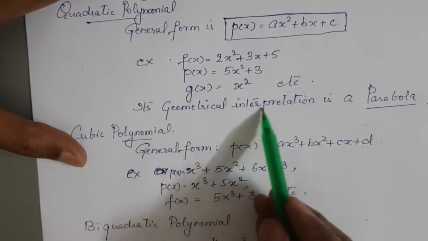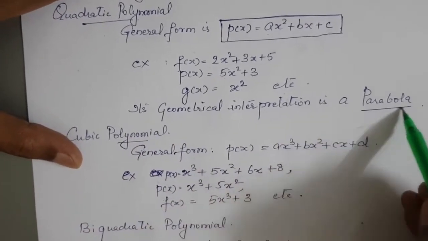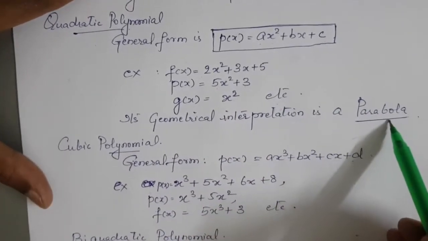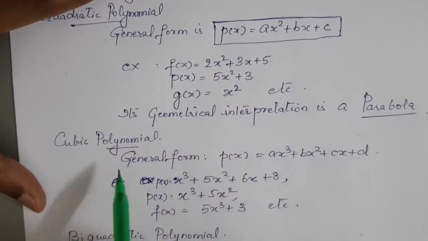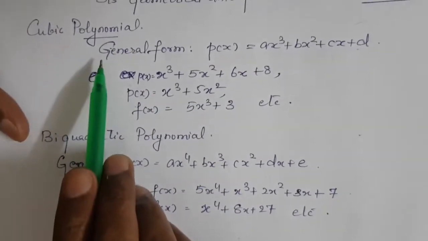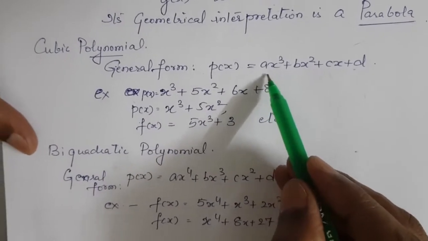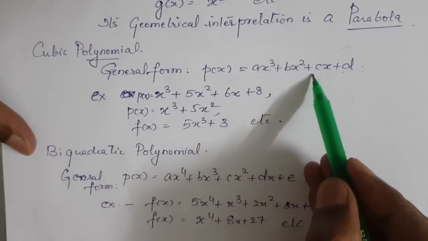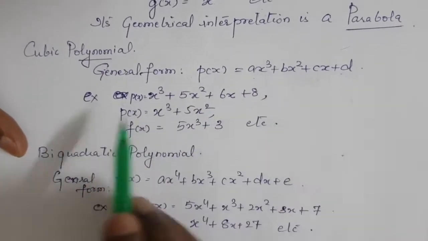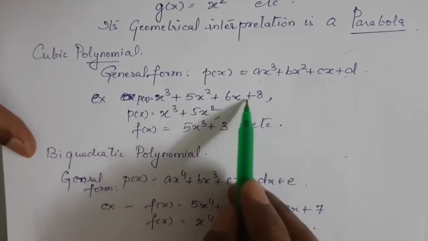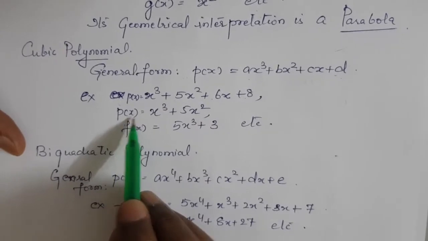Now its geometrical interpretation is a parabola. That means when you draw the graph of this polynomial, you will always get a parabola. Now come to the next topic, and that is cubic polynomial. Its general form is p(x) = ax³ + bx² + cx + d. Examples: p(x) = x³ + 5x² + 6x + 8,